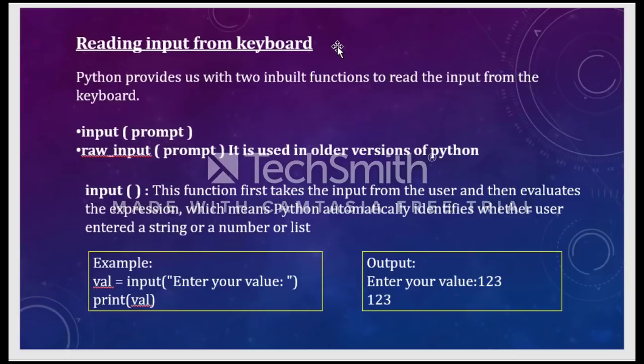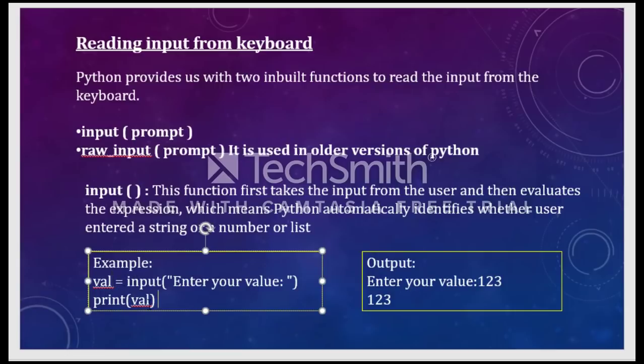Okay, so after you enter your number, the cursor has to wait to get the input from the keyboard. Once you enter some value from the keyboard, that value will be used for the further sections of the program. So here, I am simply taking a value from the keyboard and printing that value. That value will be stored in val.